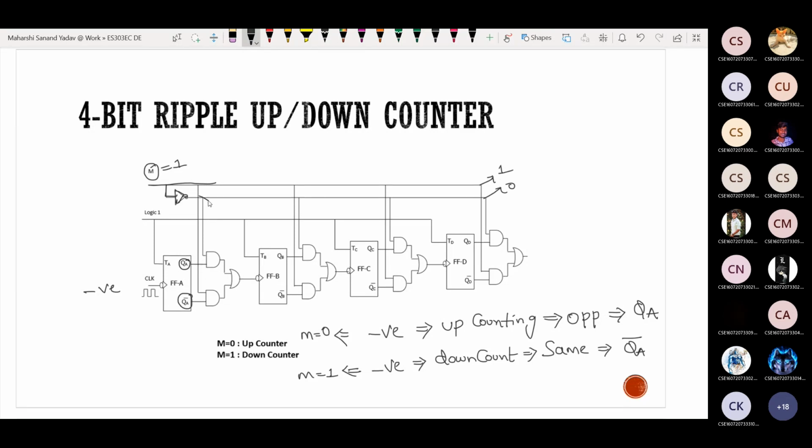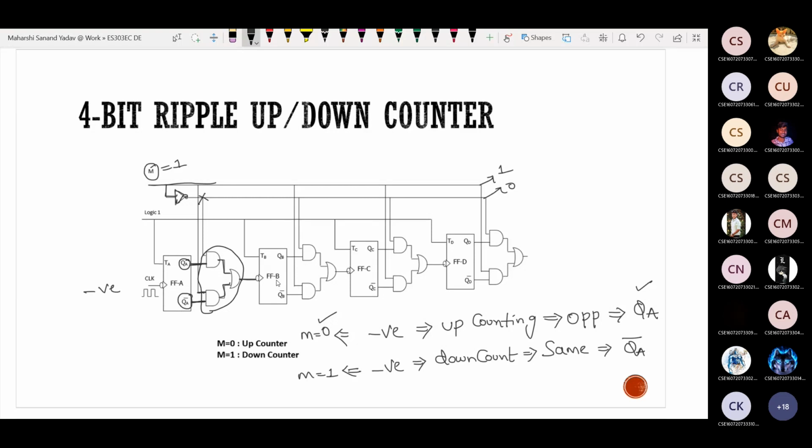So for m is equal to 0, QA should be connected. So I'm connecting it to QA. Next, if m is equal to 1, it should be connected to QA bar. So 2 AND gates. Next, this common logic should be added up by means of an OR gate and given for the next negative edge trigger. So by default, for all the asynchronous up down counters, 2 AND gates and 1 OR gate will be there. In order to overcome these many number of gates, is there any other trick?